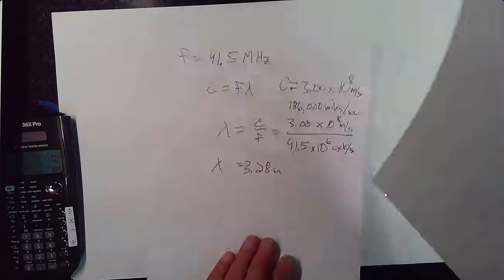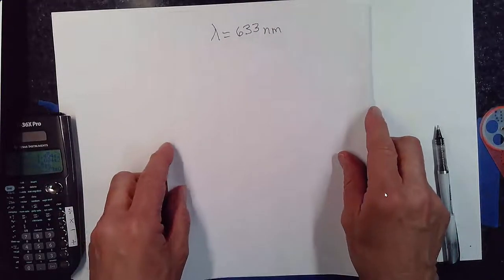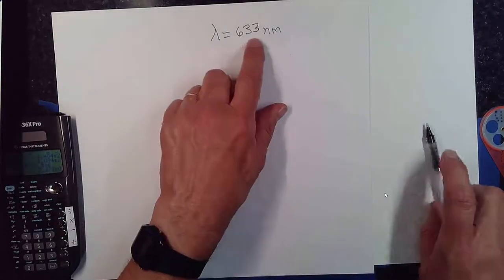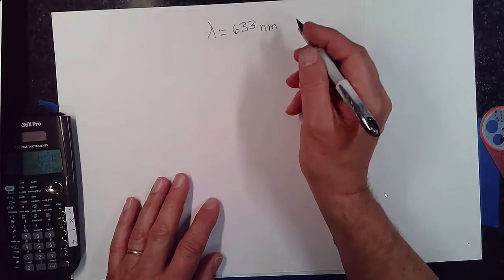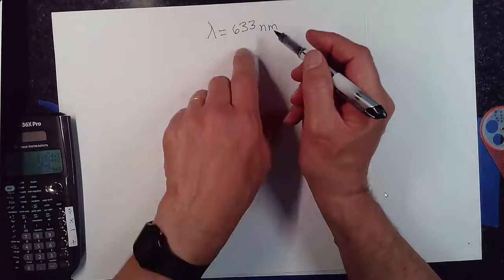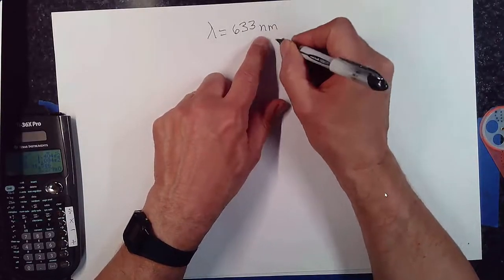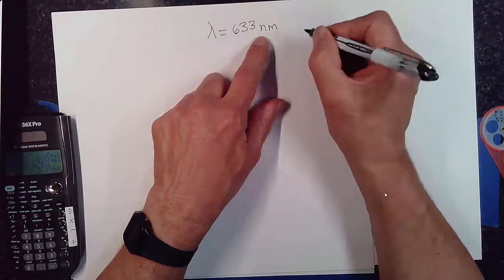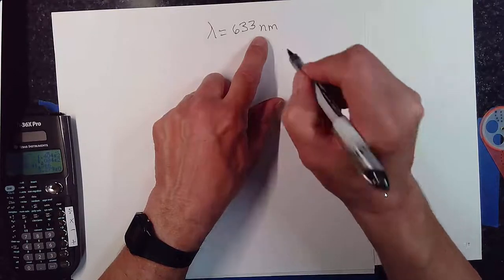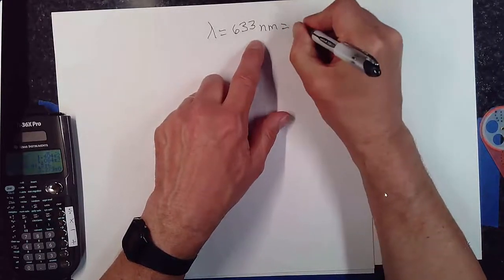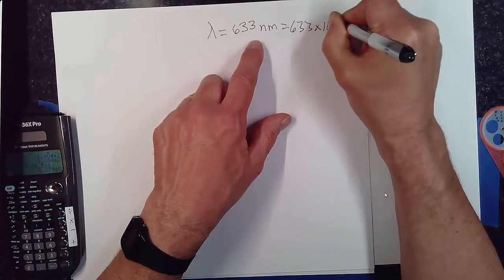Okay, another problem that I had you do on there was to calculate the frequency of the instructor's laser pointer, which is about that much. And so here we know the wavelength and we're after the frequency. This is in the visible light spectrum. It looks red. And so that n in the metric system means nano. And when we see that, we can replace the lowercase n with times 10 to the minus 9th. So 633 times 10 to the minus 9th